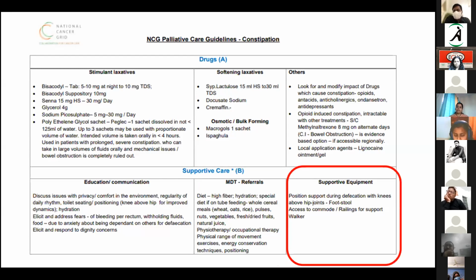At some point, you might need to go on to supportive equipment. Commonly, people using a Western commode can use a footstool to bend their knees and be able to sit, or have better access to a commode. For bedbound patients who have difficulty passing stools, they could have a bedside wheelchair with a commode in it, or a small bedside pot they can be made to sit on, so they can be taken to the washroom or do it at the bedside. Give them enough railings to support them in getting up from their place and moving around, or a walker, because if their activity is reduced, a walker might help in reducing time in bed for longer periods.